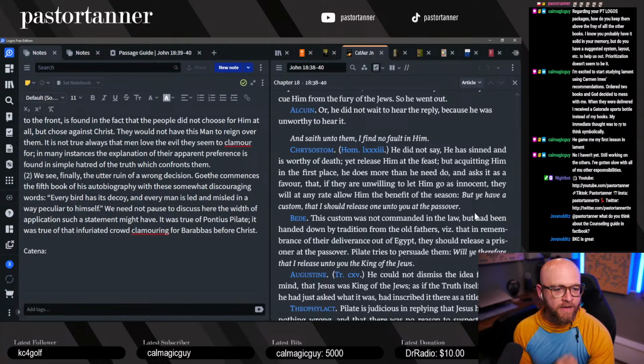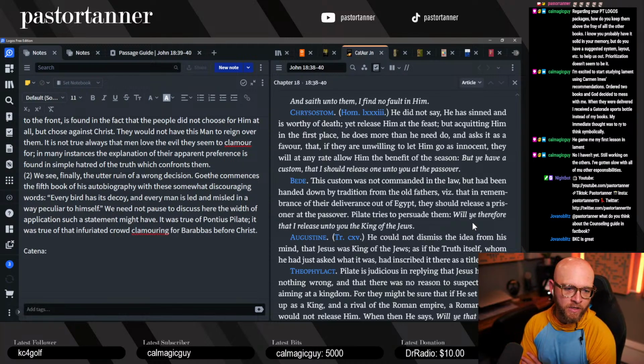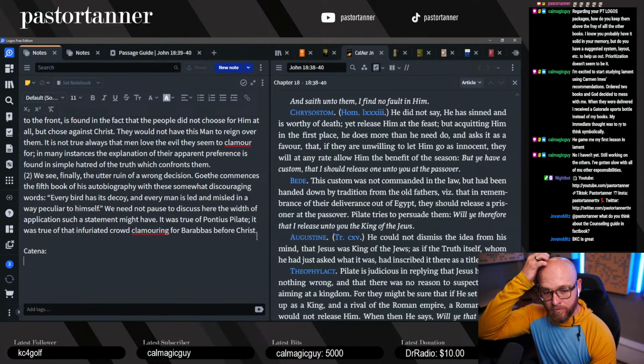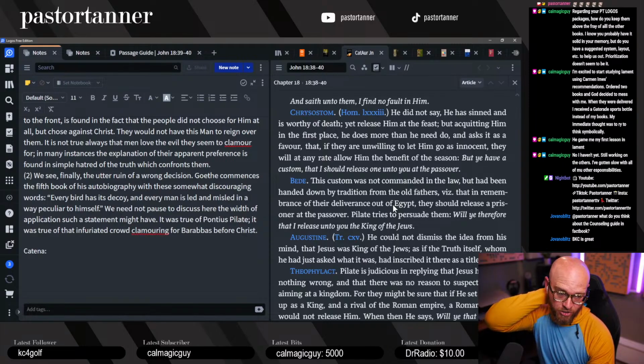Here you go. But ye have a custom that I shall release him unto you at the Passover. Venerable Beatty says the custom was not commanded in the law, but has been handed down by tradition from the old fathers, vis-a-vis that in remembrance of their deliverance out of Egypt, they should release a prisoner at the Passover. So this is good background because perhaps Beatty's the only one who's going to tell us where this came from, because almost every other commentary you've seen has said, no, we don't know where this custom came from, right? Well, even if Beatty's wrong, at least we can reference to people, hey, here's one take by an early church